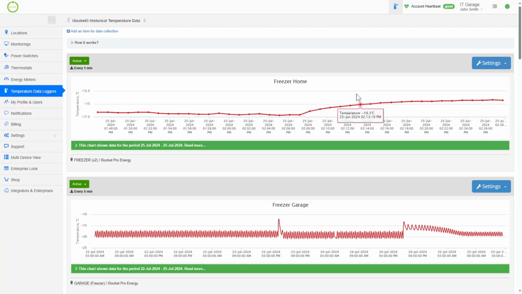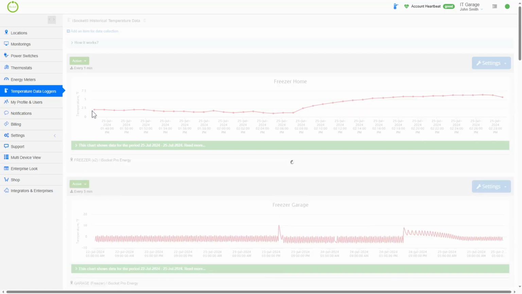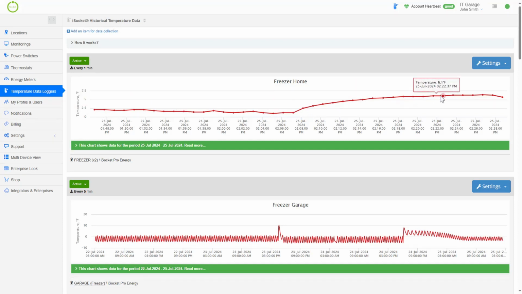So if we see this in Fahrenheit, then you can see it is about 2.5 when I put it in. And then now, when the compressor is stopped, 6.3. But guys, okay, here we don't have much information. I just reset. And after that, I decided that I first want to screen all my profiles before I start over again. So it's a kind of memorizing for myself as well, and probably a good explanation for some of you. Let's skip Fahrenheit at the moment and look at the freezer in the garage.